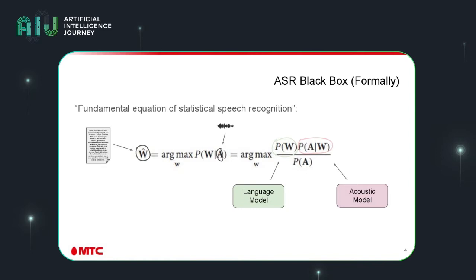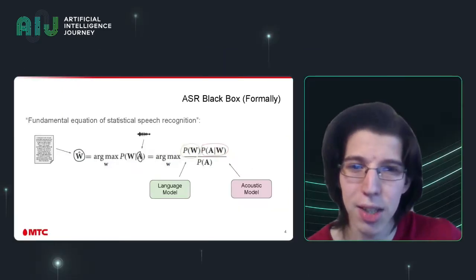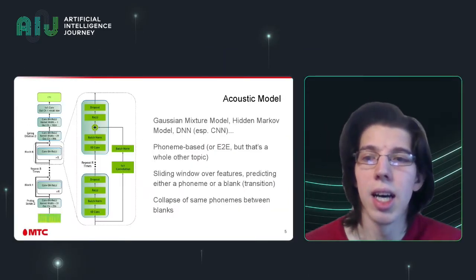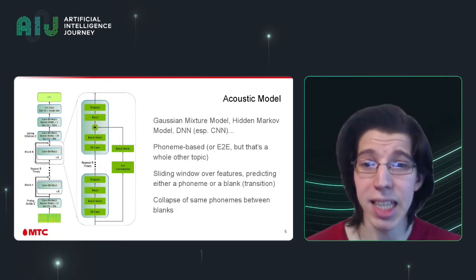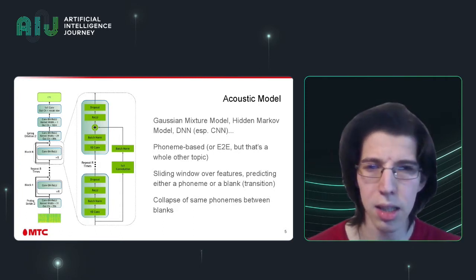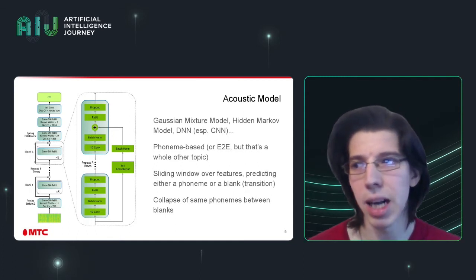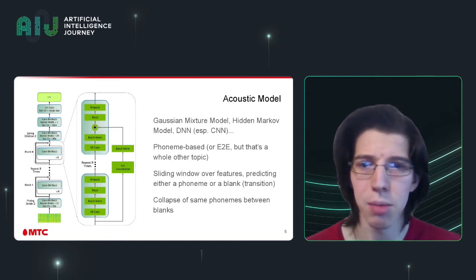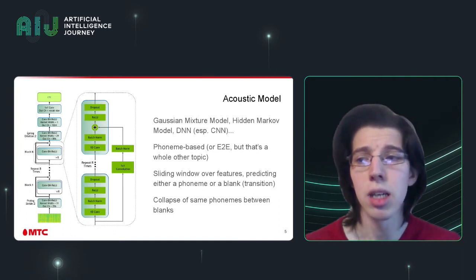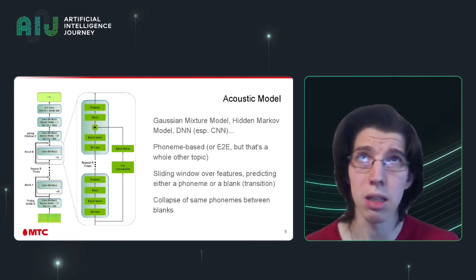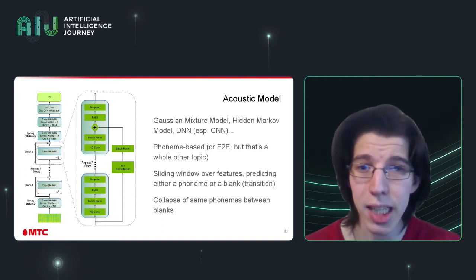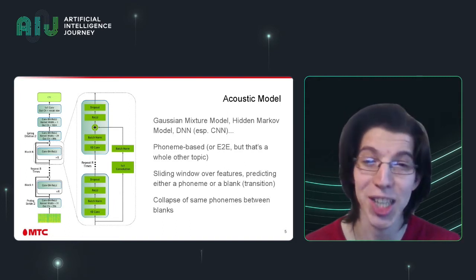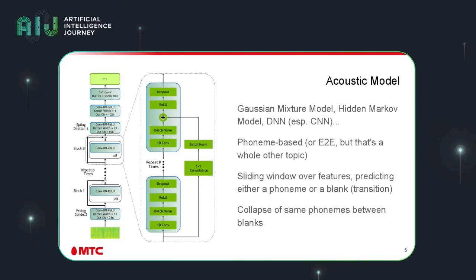And as is known, everybody has different hypotheses of consistency of words, given the same A, but we can ignore the denominator. Acoustic model, well, we can use different models. It's a Gaussian mixture model, hidden Markov model, and DNN, like CNN. The acoustic models are based on phonemes,